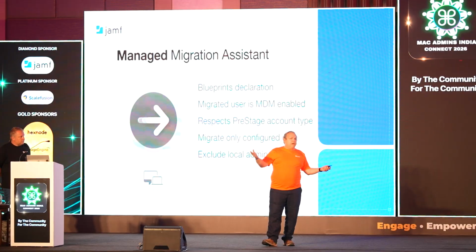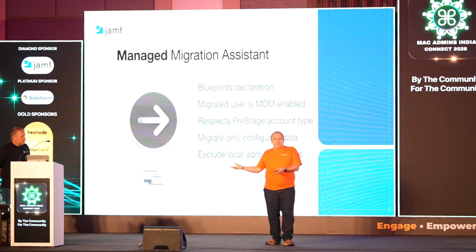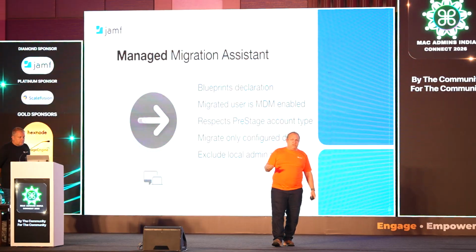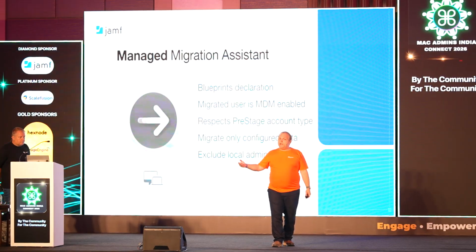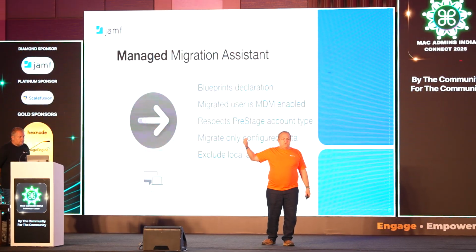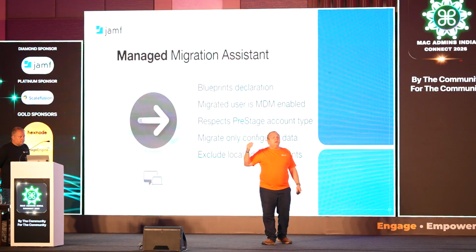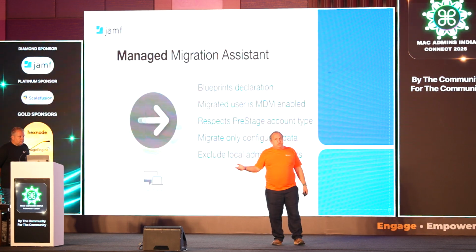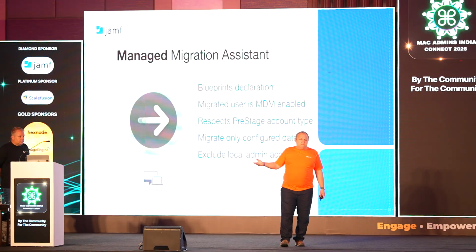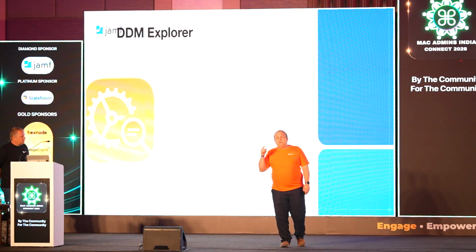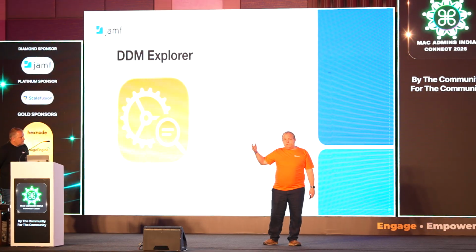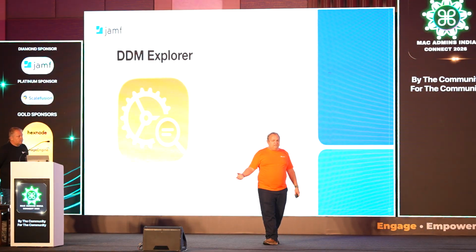The 27 platforms from Apple are in beta, and they have released a whole bunch of new declarations and features that we will be able to manage in macOS and iOS 27 when they come out in the fall, that we can test in the betas, but they're not available in the Jamf Pro UI yet because they're still in beta. And if you want to test those and work with those already in your macOS 27 beta testing environment,